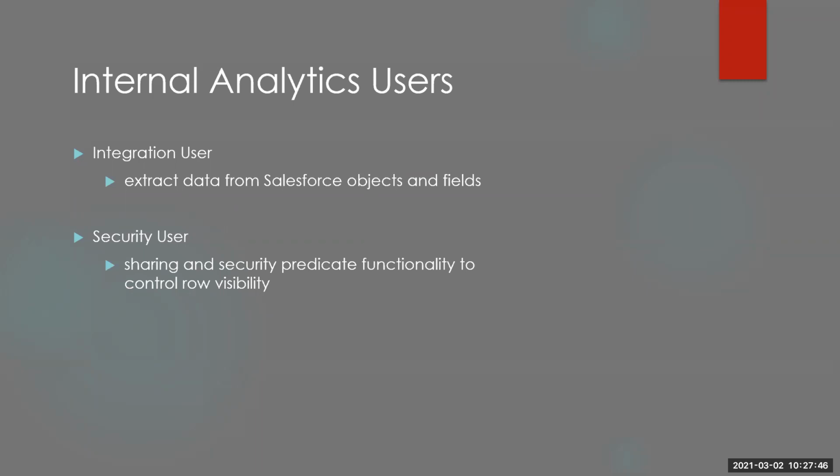But if you're adding a security predicate, an additional layer of security to the integration, which means I'm getting the opportunity data but making sure that the user sees only the opportunity he owns, for user filters we use the security user. So you need to make sure that the security user's profile has access to all the required user object fields. Otherwise, the predicate is not going to work. We need to make sure that for the data you are going to bring into analytics, the integration user has access to those objects, and the security user has access to user objects, fields, and data.